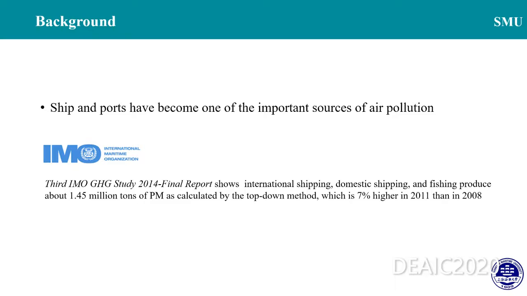According to their report, international shipping, domestic shipping, and fishing together produce about 1.5 million tons of PM, which is 7% higher in 2011 than in 2008. This figure worried environmentalists. We know nowadays, whatever the countries, the cities, or the organizations, they are all beginning to protect the environment. For example,